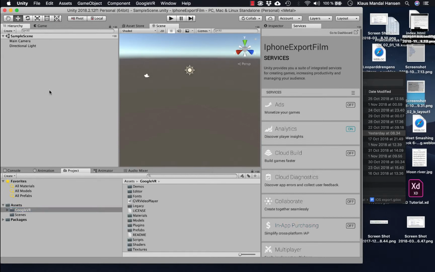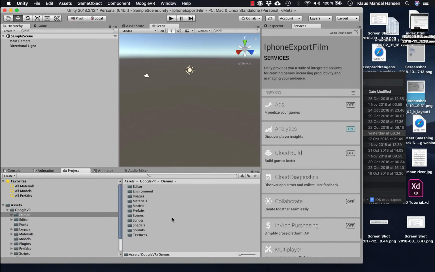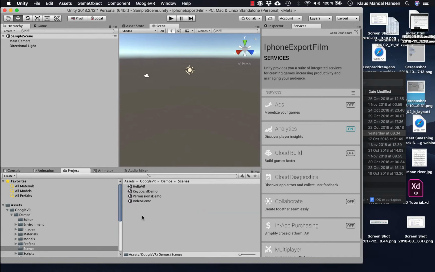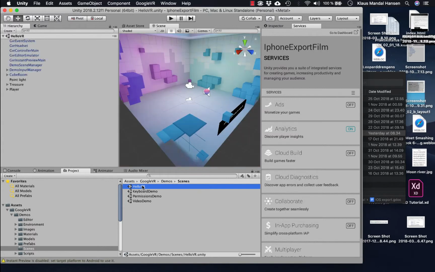and with that imported, I'm gonna first of all open the demo scenes. Let's see, if I click demos, Google VR demos, scenes, I can open the Hello VR scene. That could be fun to move over to my iPhone. But